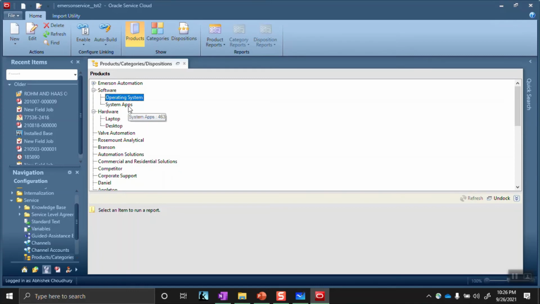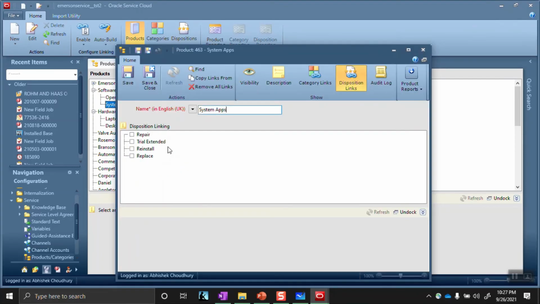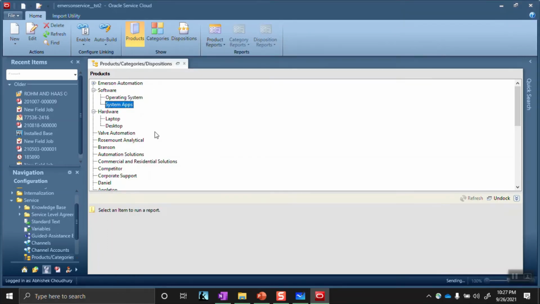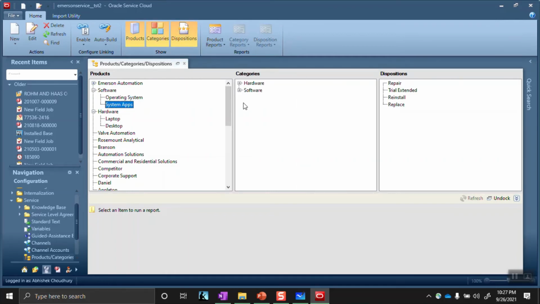Similarly for the system apps, trial extend and reinstall and save and close. So this is how basically we actually do the product categories and disposition definitions. Okay, and how the link has happened.